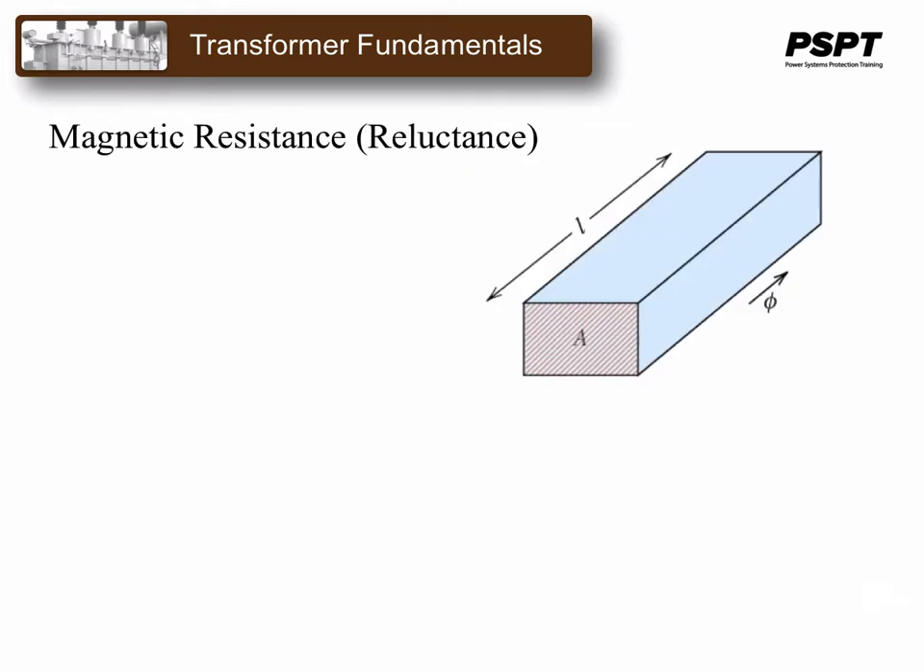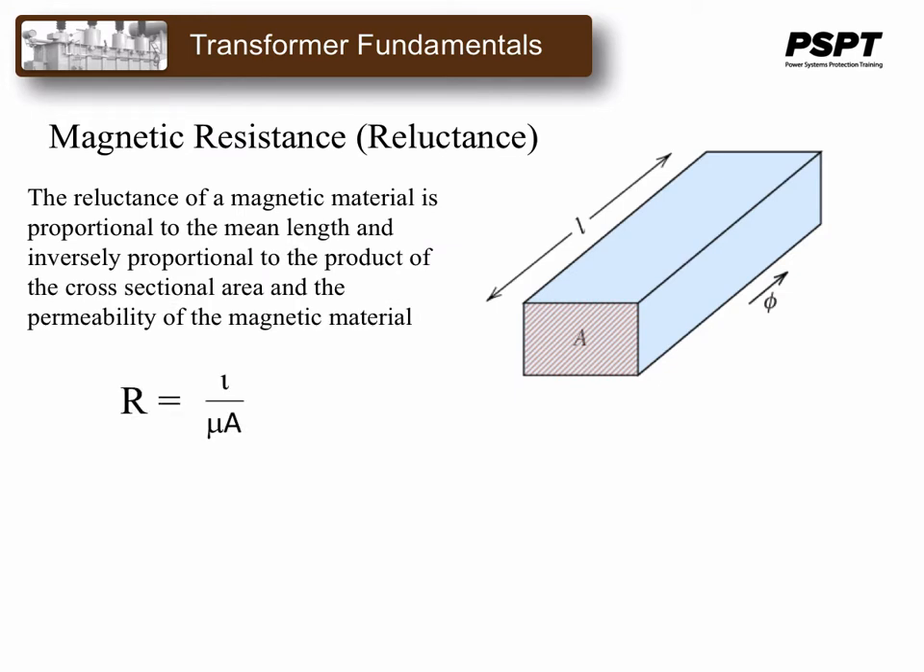The permeability of material and its capability of either supporting or resisting a magnetic field is called reluctance, or magnetic resistance. The reluctance of a magnetic material is proportional to the mean length of that material and inversely proportional to the cross-sectional area, and of course the permeability of the magnetic material itself. It gives rise to the equation R is equal to L over mu A, where R is the reluctance